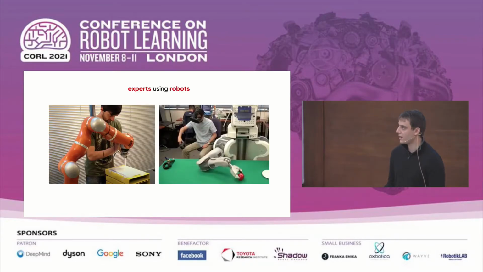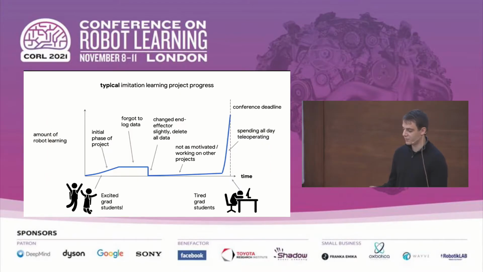And the reason we want to have robots watch humans is that in typical imitation learning scenarios, you usually need to have experts teleoperate the robot to collect data. And this can be quite time-consuming and unscalable. And if you have such a setup that requires specialized hardware to do, then you typically have,